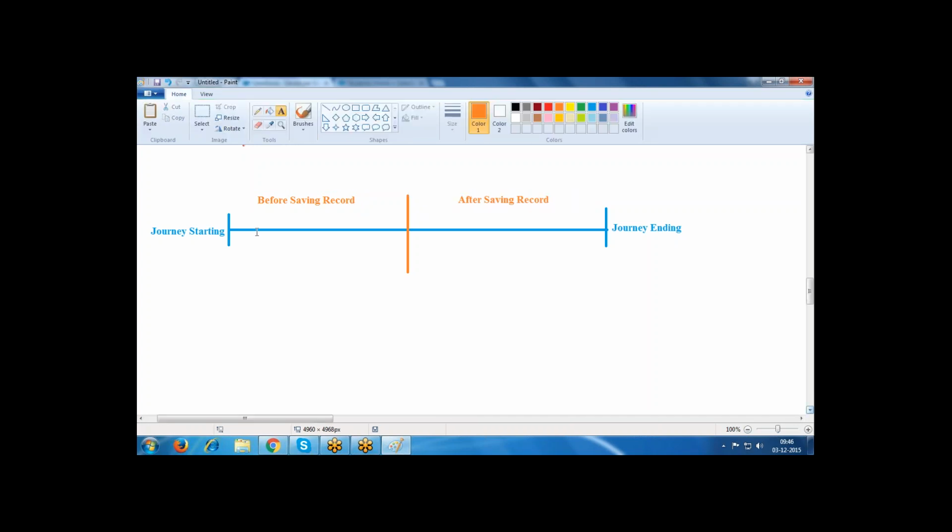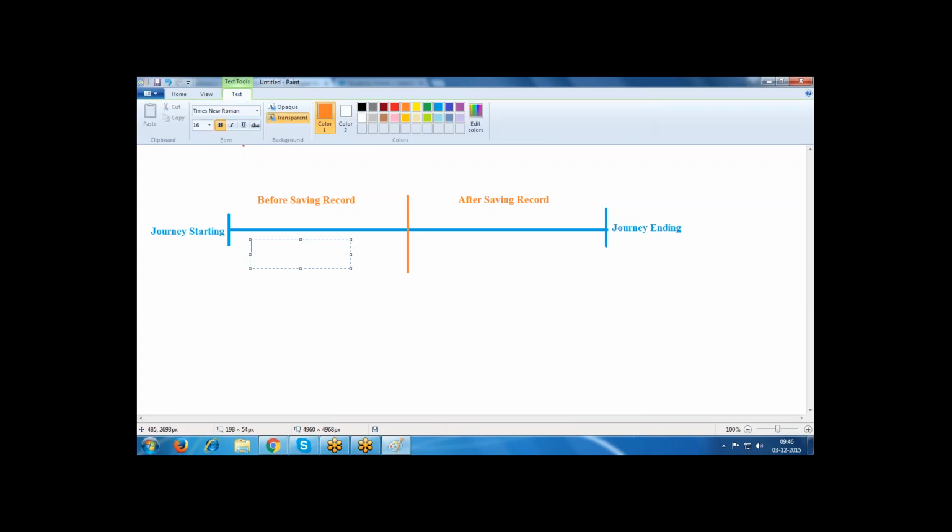So if you want to perform these, Salesforce has provided events for this: before insert, before update, before delete.